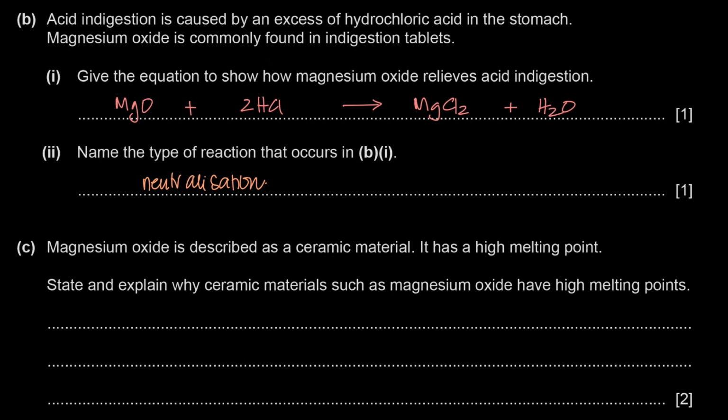Like here, check this out. It's a ceramic. It has a high melting point. That's the big part. It's an ionic compound. A ceramic material is something that can withstand high heats, and it can withstand high heats because it has a high melting point. It says, state and explain why ceramic materials such as magnesium oxide have high melting points. Because MgO is a giant ionic lattice. It's a giant structure held by